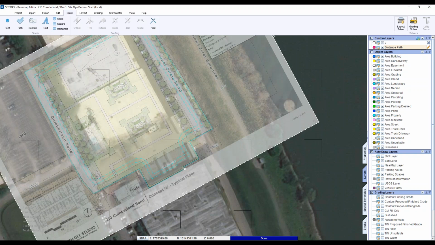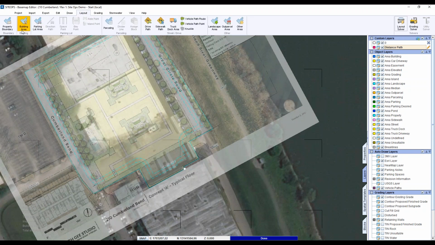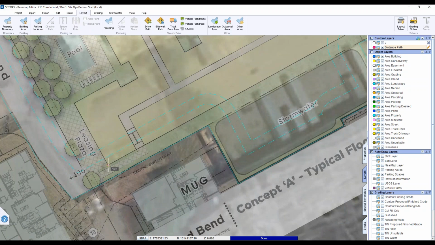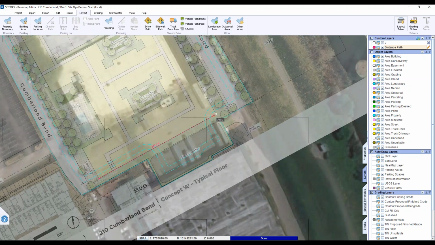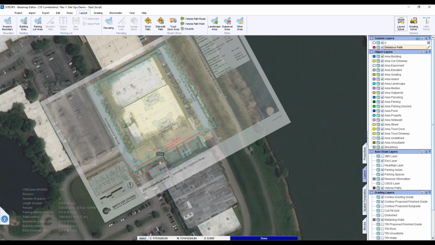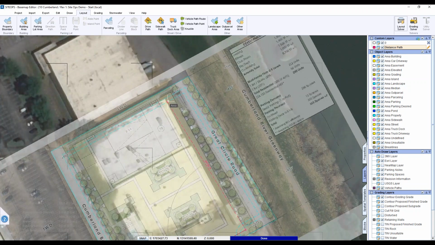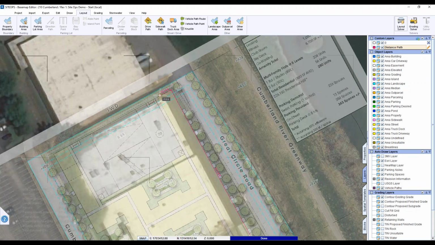So after I pull in topo, you can pull in topo really at any point when you're ready to do Grade Solver. But the next steps, you really can't do anything until you get the building layout. So your next step is to start putting your building area in. In this area, it's a flat site. So our building's all one level, except for the parking garage, which is a multi-level sloping type animal.